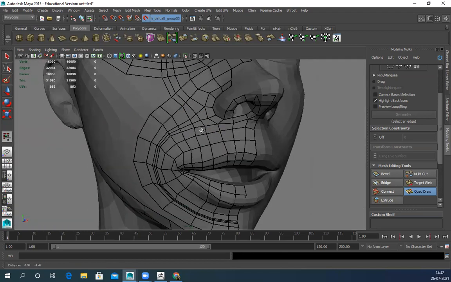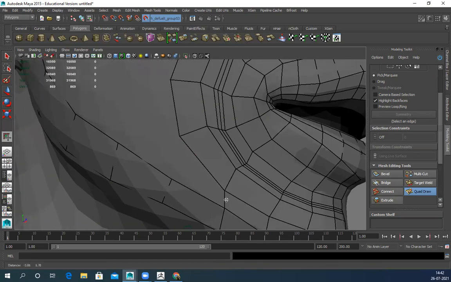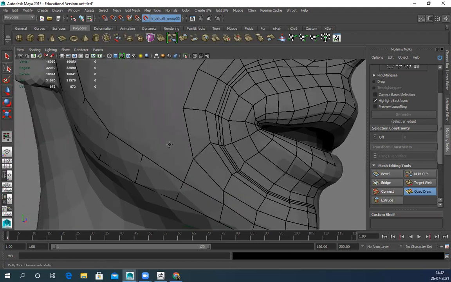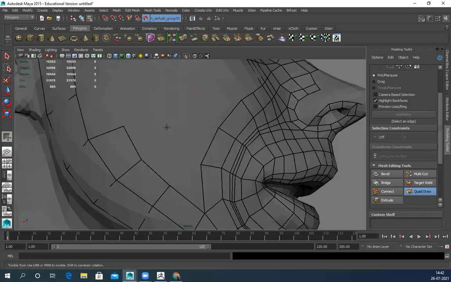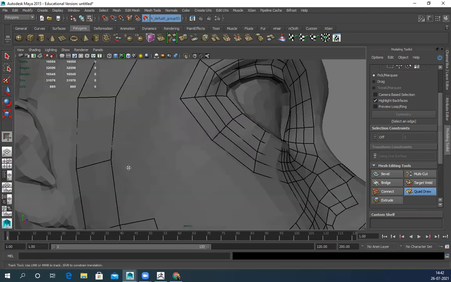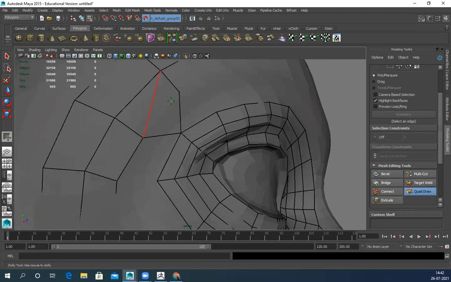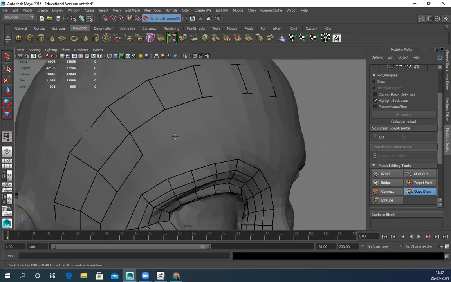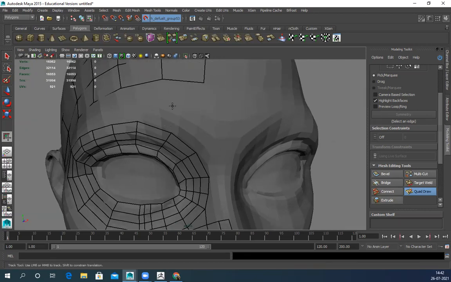Quad. This I'll relax this part. One more.